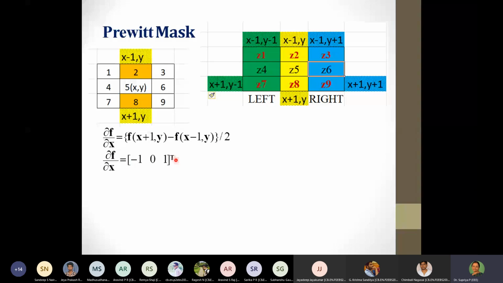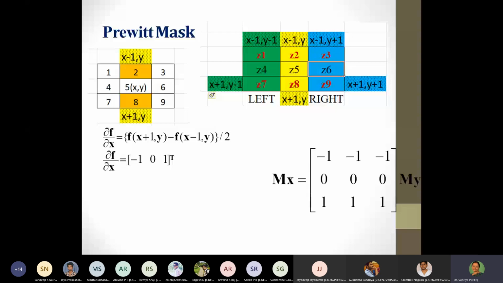Of course, as you mentioned, there may be a by 2 term. We usually ignore this term because in a difference the constant does not carry much weight. As a result, you would see all the three values are written. Dou f by dou x is written for the central element here, that is 1, 0, 1, which has been obtained here. Similarly, for the left case, it is the same thing: f of x plus 1 y minus 1 minus f of x minus 1 y minus 1 by 2. So this is 1 and this is minus 1. Similarly, for the right case also it is f of x plus 1 y plus 1 minus f of x minus 1 y plus 1.